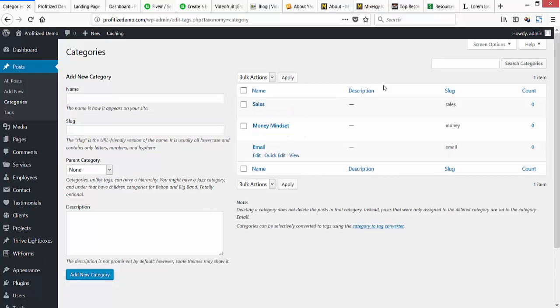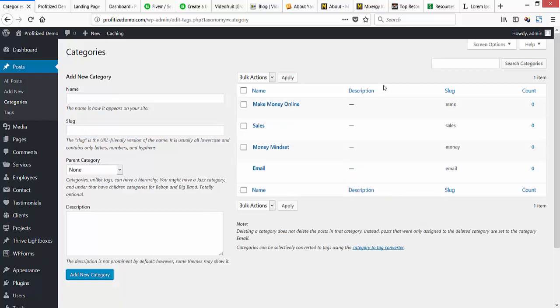So we have sales, money mindset, email marketing. I think we're going to have one for some of our general make money online systems. So I'm just going to say make money online. And maybe for this slug, we'll just say it's MMO. So it's basically going to be these 4 sections. Now, in our actual demo site, when you see it, it may be something different. We may come up with more clever names for it, but these are basically going to be the 4